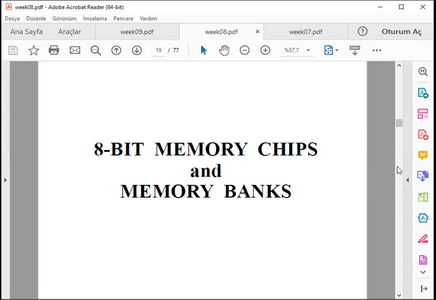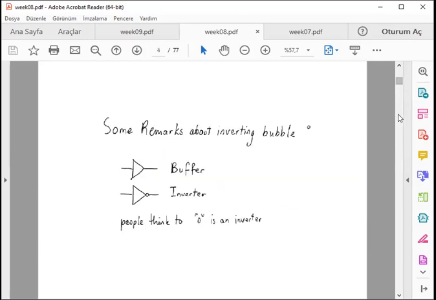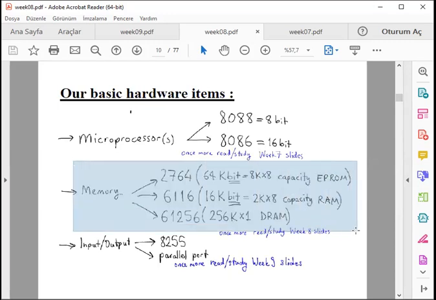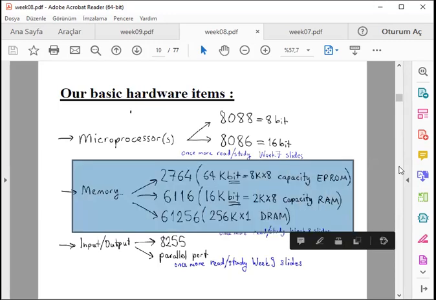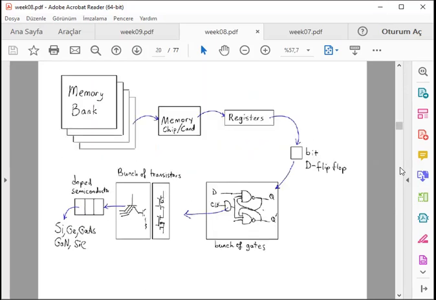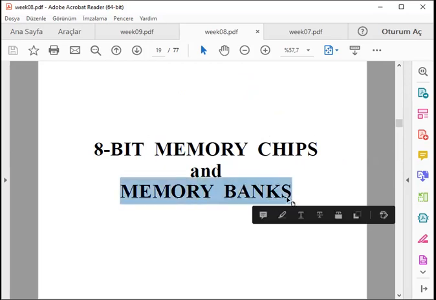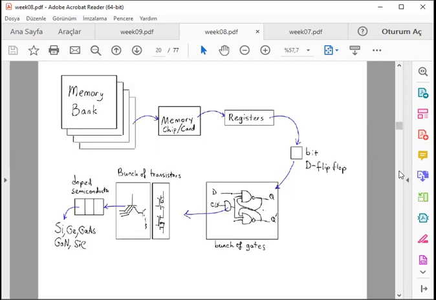So after a brief introduction of the microprocessor, now we can proceed to memory chips. Memory chips are added to the microprocessor to increase the capability of information storage. And if we increase the size of the memory, then we reach memory banks. So we will consider, after a brief introduction of the solid state of the memory items,